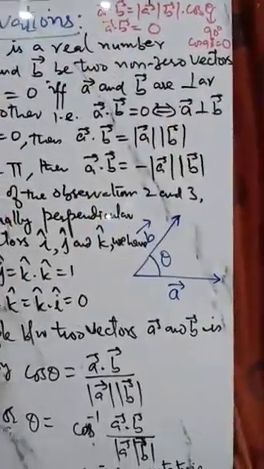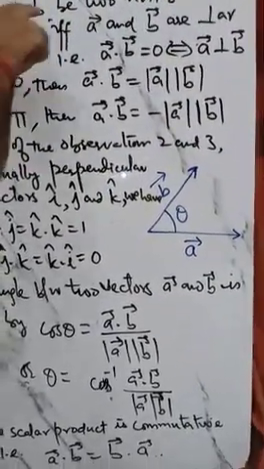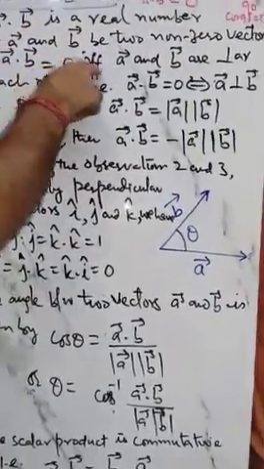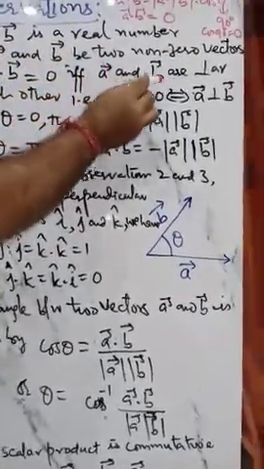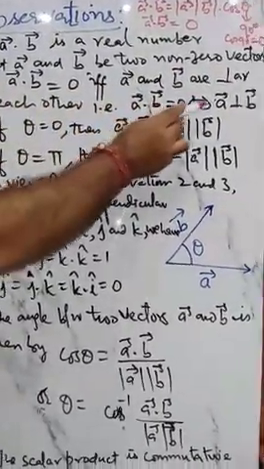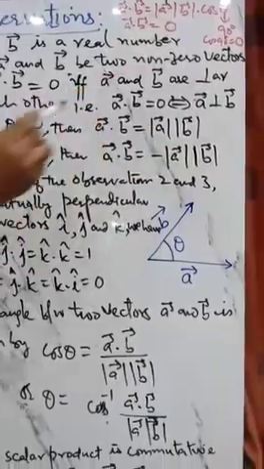So therefore if A and B are two vectors, then their dot product is equal to 0 if and only if vectors A and B are perpendicular to each other, that is A dot B is 0. So अगर A और B perpendicular हैं।